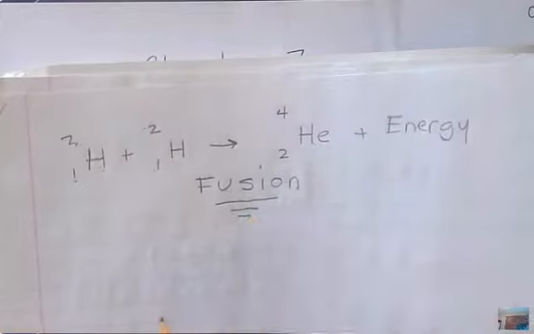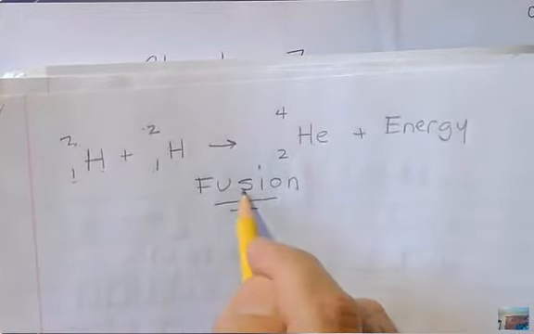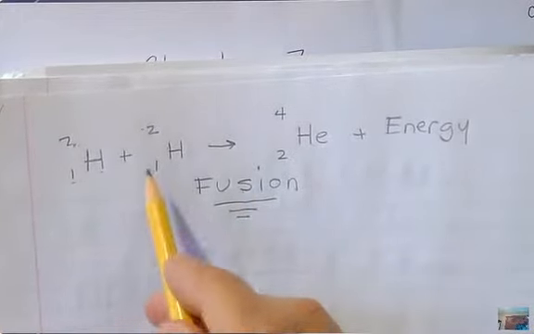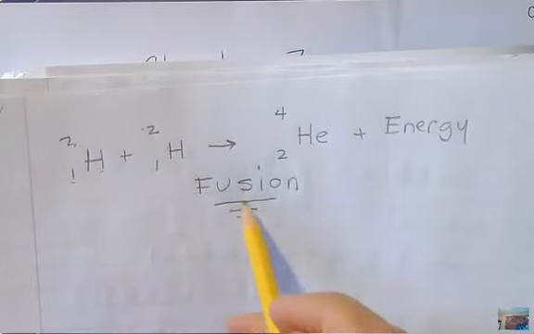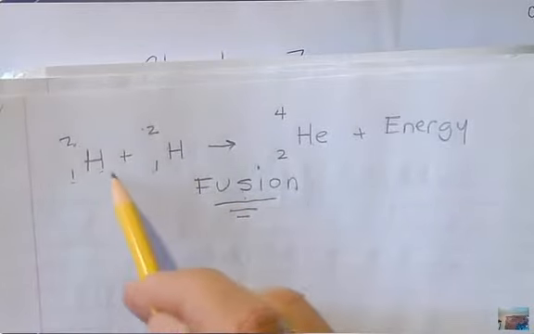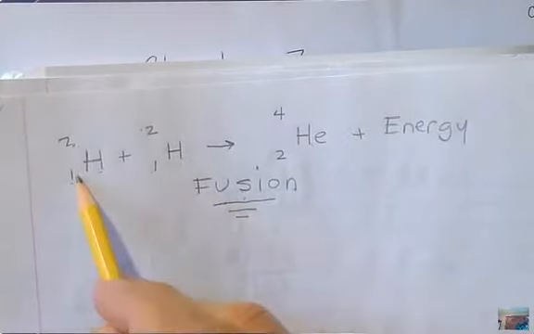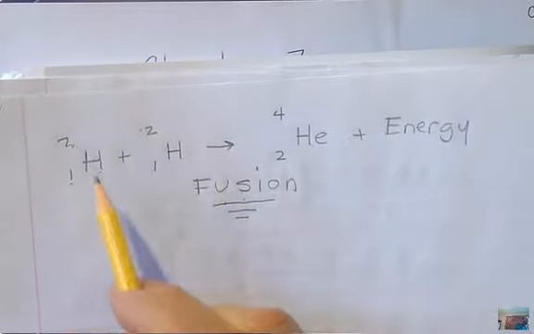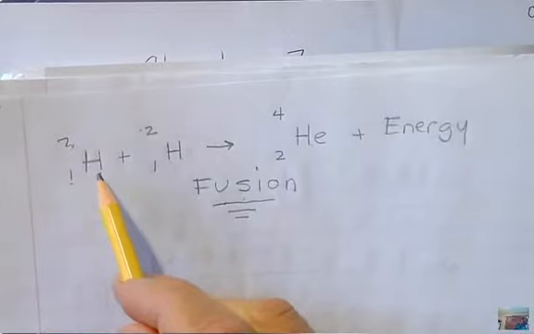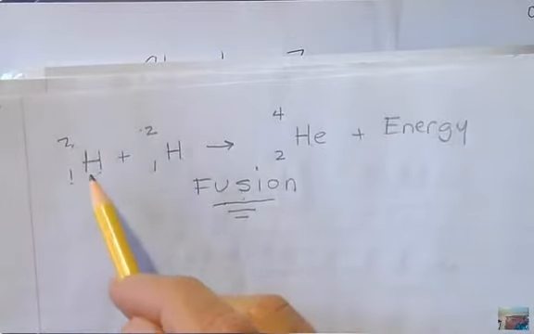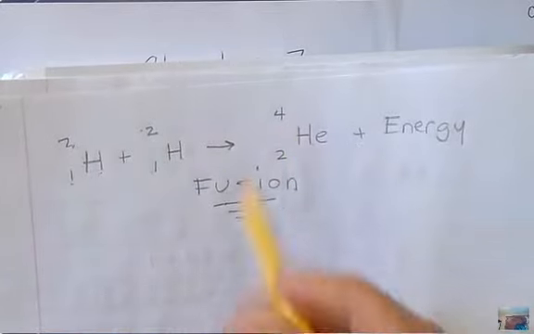We can do it on Earth in terms of people have been able to develop nuclear bombs that work on fusion, but we've never been able to harness it to generate electricity because it's very hard to control, right? You have to put a huge amount of energy in to get this huge amount of energy out, but we haven't been able to keep it hot enough and develop a reactor system to have a continuous